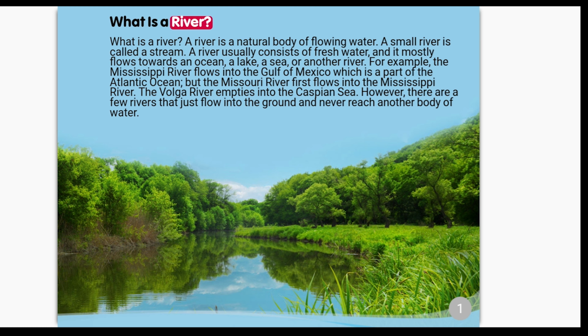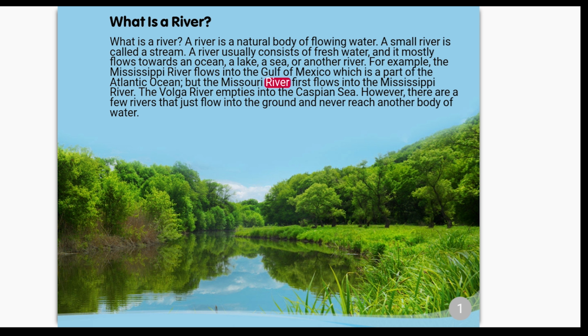What is a river? A river is a natural body of flowing water. A small river is called a stream. A river usually consists of fresh water, and it mostly flows towards an ocean, a lake, a sea, or another river. For example, the Mississippi River flows into the Gulf of Mexico, which is a part of the Atlantic Ocean,